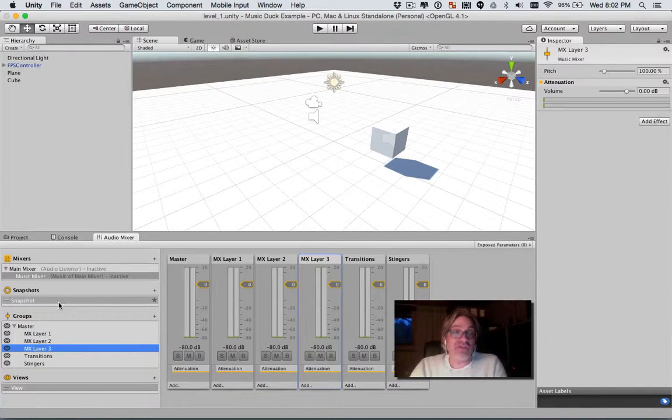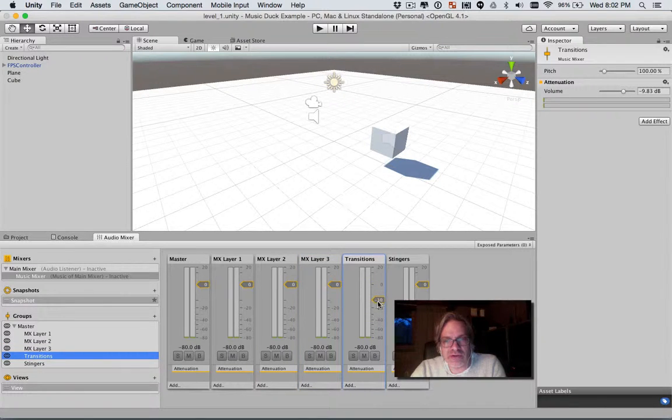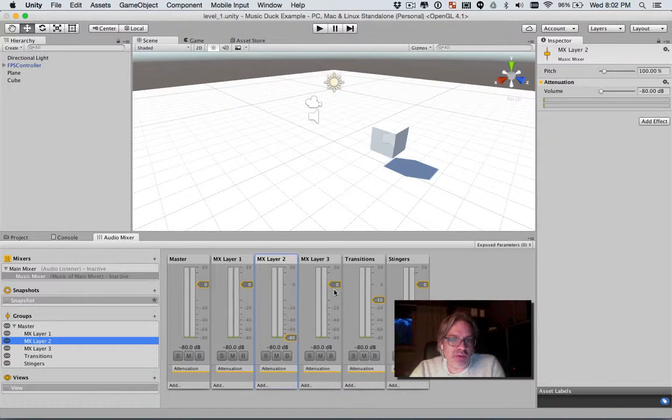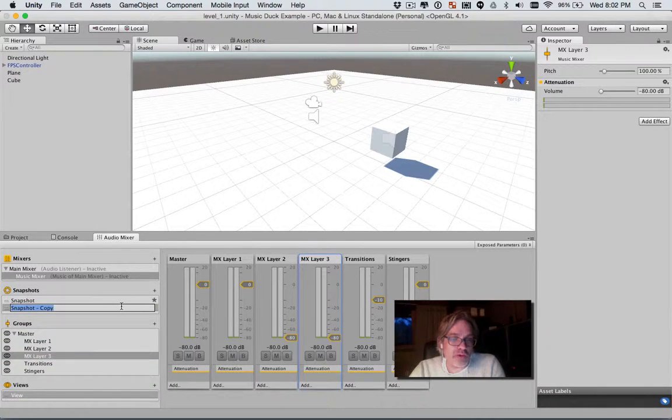Now, this is where we can use snapshots. So let's say you're working on the game and all the transitions are too loud. Then you can take down the transitions, minus 10 dB, and then save it in your master snapshot. You can have other snapshots, and you probably will. For instance, when you first start the game, you will probably want music layer 2 and 3 down at basically off. You can save that snapshot as your master snapshot, and then when you need to have music layer 2 come in, this might be suspense